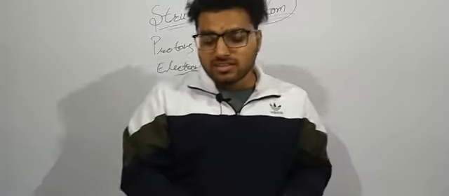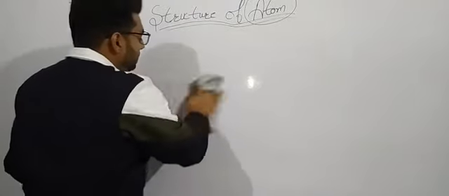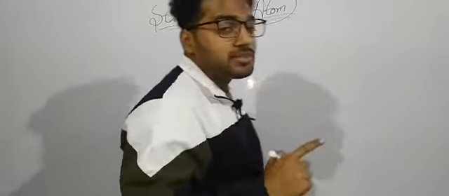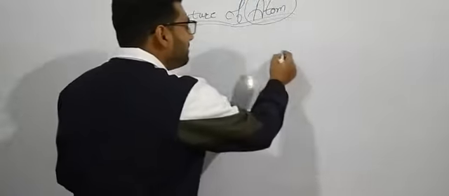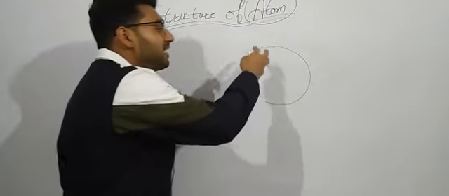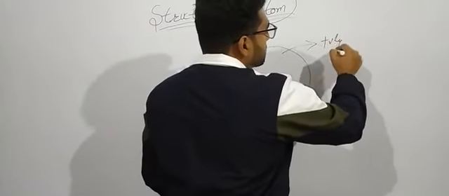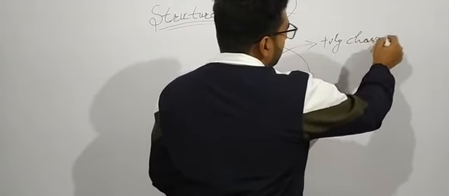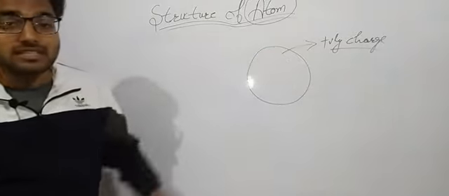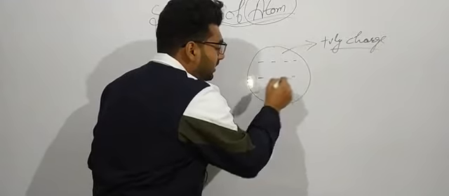To explain the structure of atom, there are some theories, and the first theory is J.J. Thomson's theory. So what is in the J.J. Thomson theory? He said that the atom is a whole positively charged sphere and the positive charge is spread inside the atom. Like this is an atom, it is a positively charged sphere. The positive charge is spread throughout the atom